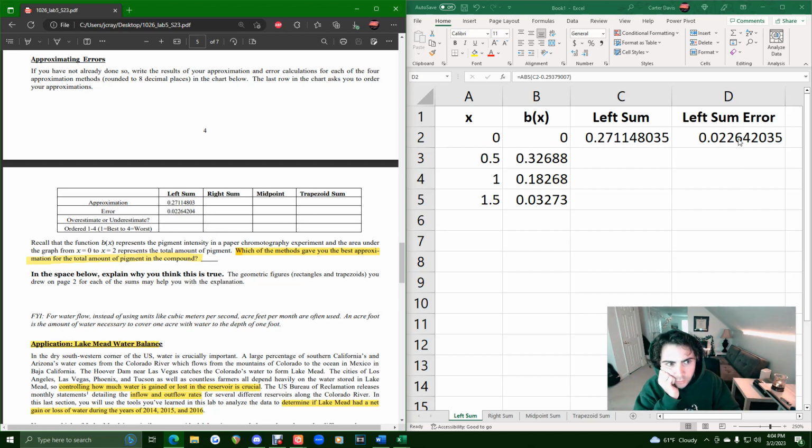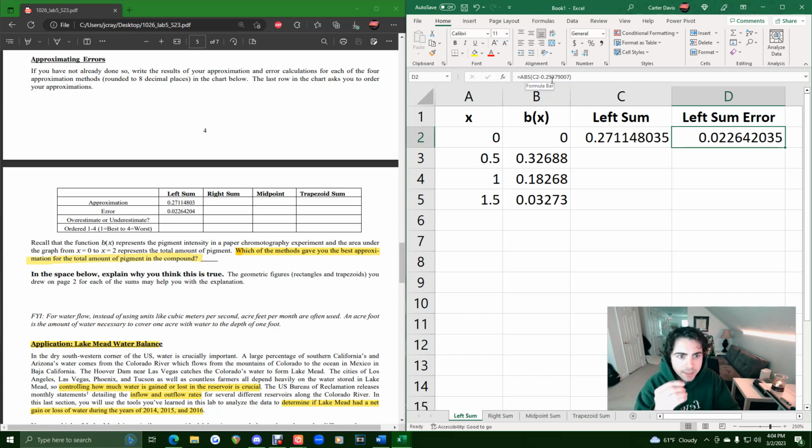My frustration with this is this: when you find the absolute value, you always get a positive value, right? From that value, we can't tell right away whether it's an over or under estimate. I think it's easier to tell if we don't take the absolute value. Because if you were to just do the exact value minus the approximation, let me make sure I have this right. No, if we do the approximation, this left sum, minus the exact value, so if we take out the absolute value,